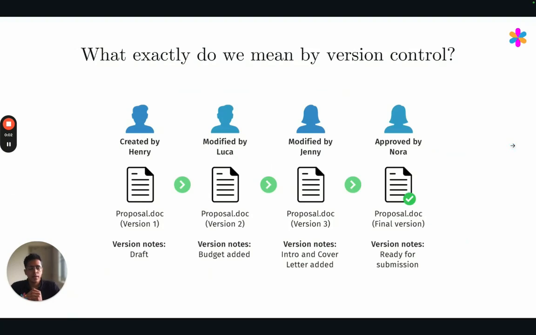So there are many such tasks for which you will have to use terminal. In a regular workflow, if you're working on a Word document or something like that in Dropbox, everyone will have access to the same document. Let's say I'm writing a proposal document, I'll create the initial draft. Then someone else might add the budget, someone else might add the intro and cover letter, and then it's ready for submission.